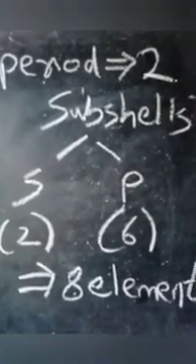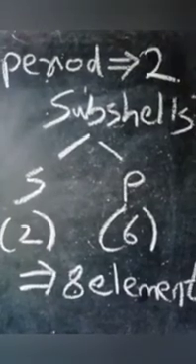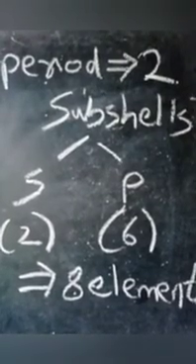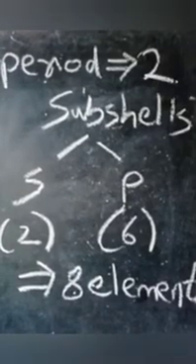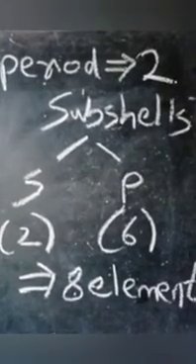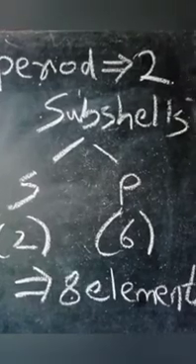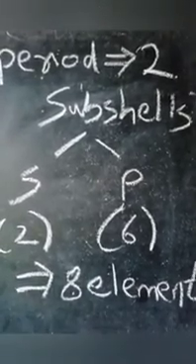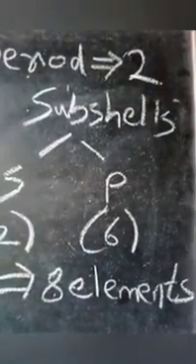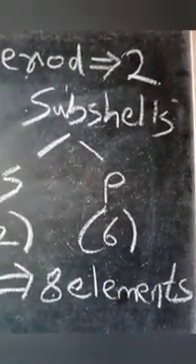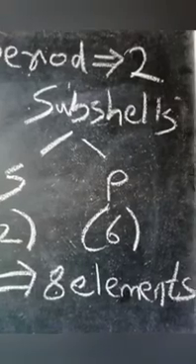Next, in the second period, there are two subshells because the second period is constituted by the filling of the electrons in the second shell. And in the second shell, there are two subshells, S and P, where S can accommodate 2 electrons and P can accommodate 6 electrons. So thus, there are 8 elements in the second period, beginning from lithium and ending at